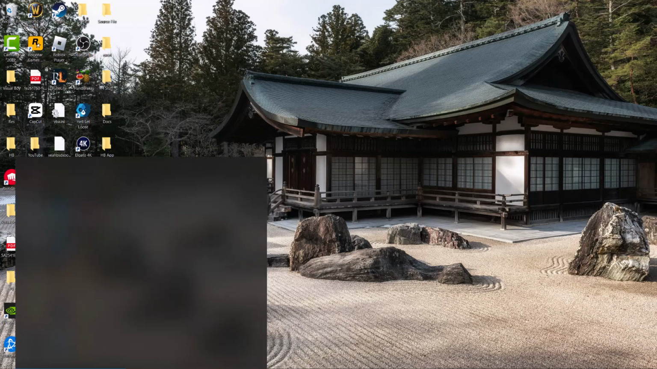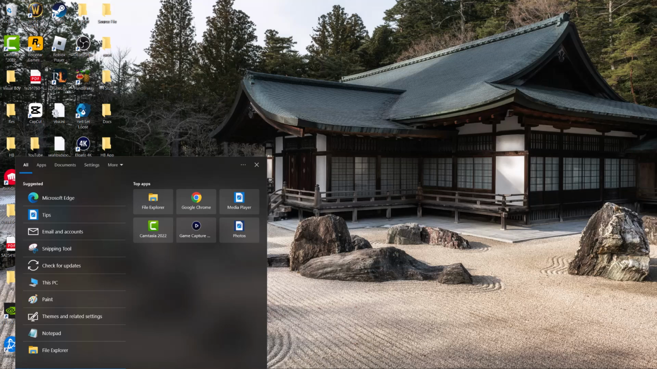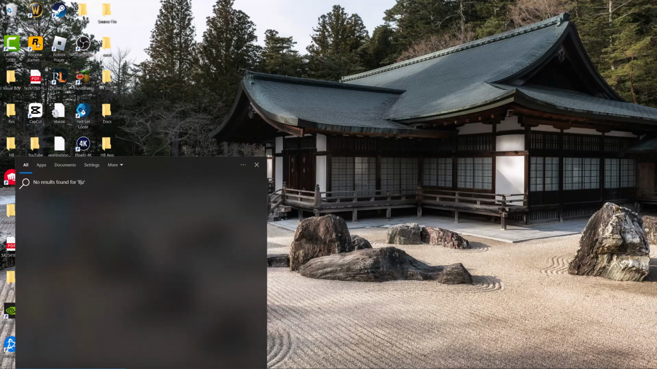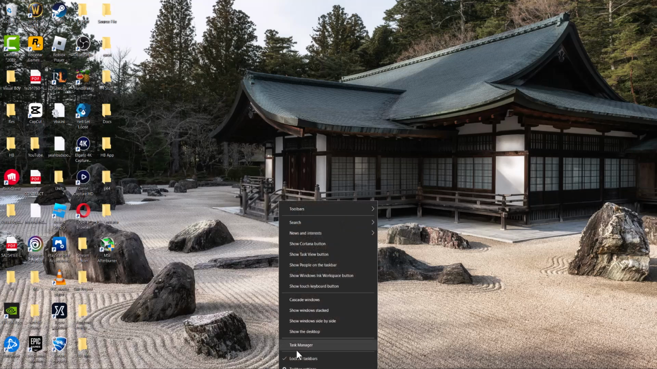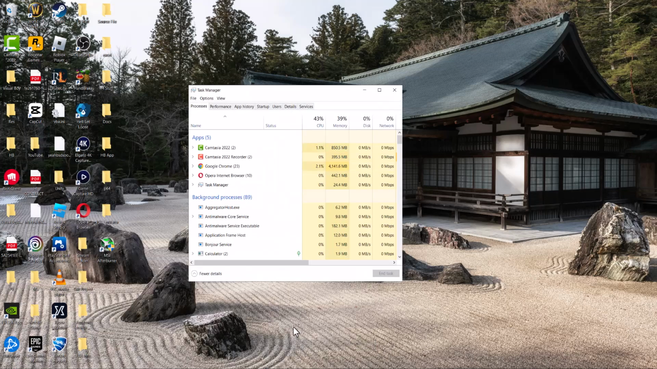So what I mean by that is your search bar at the bottom, like bottom left, for both Windows 10 and 11, if you're not able to just type into it like I'm doing over here, there's two ways to fix this. The first thing is you can open up the task manager by going to the bottom, right